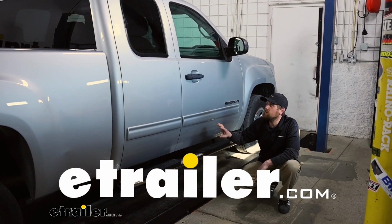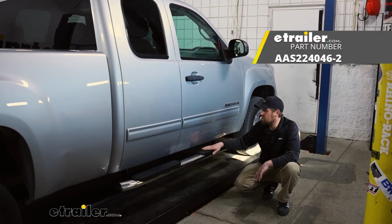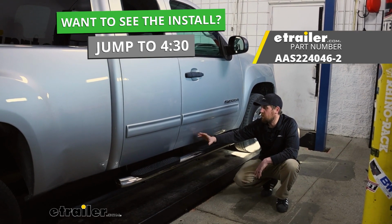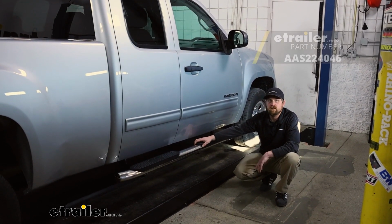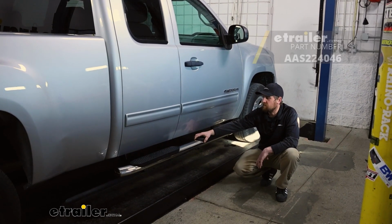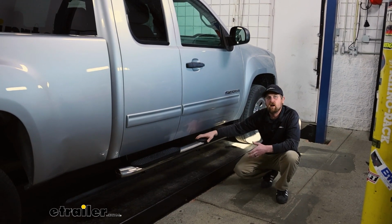Today on our 2012 GMC Sierra 1500, we're going to be showing you how to install the Aries Oval tube steps. These ones are polished stainless steel, but they're also available in black powder coat if you find you like that style a little bit better. But before we jump into the install, let's take a minute, check these out, and make sure they're going to